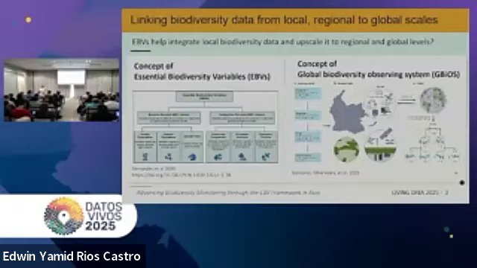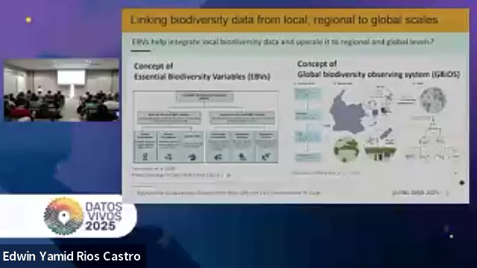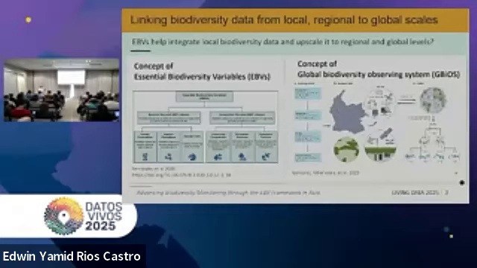Therefore, making these local data sets ready to use and interoperable is crucially important. For example, the concepts of EBVs and GBiOS aim to integrate and harmonize data sets and link biodiversity information from local to regional and global scales through national or regional monitoring networks.